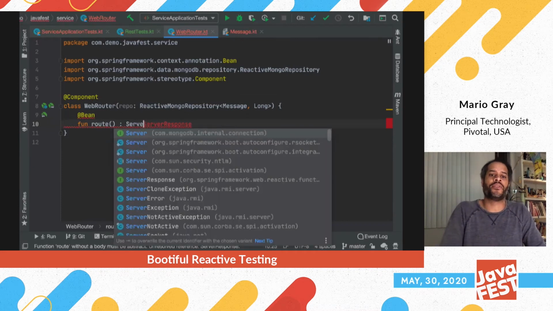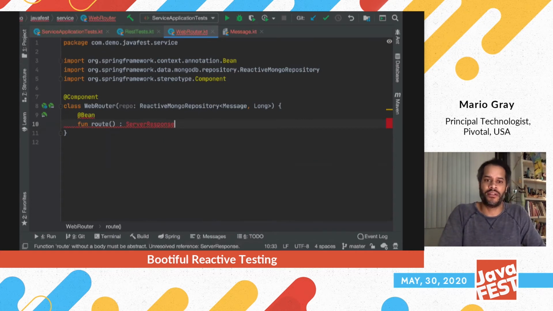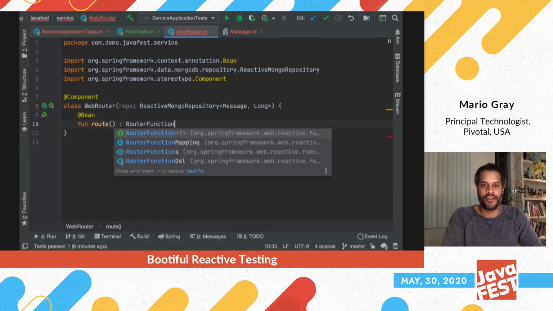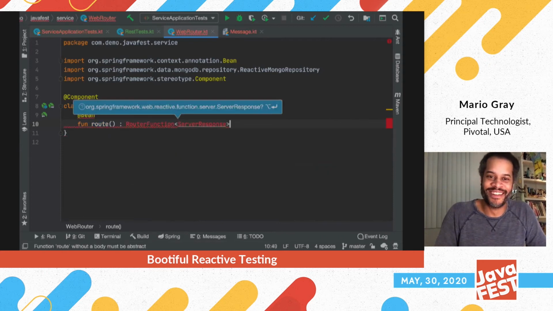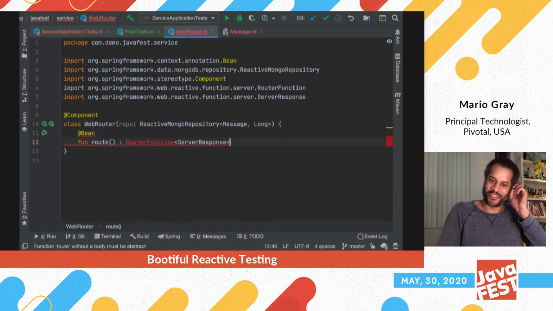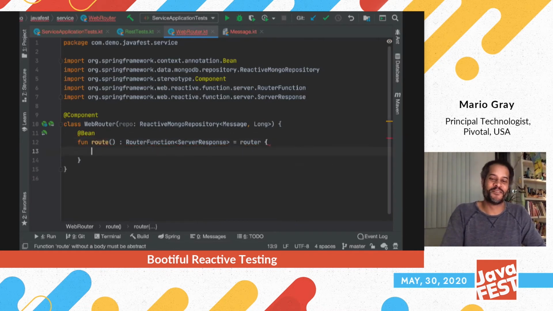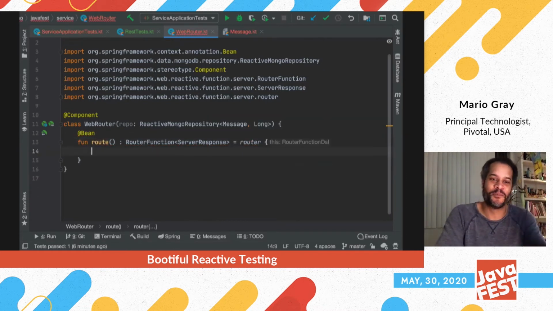Yeah, it's going to be your server response of, something of a server response. Router function. Well, that was weird. Okay, so what we want here is a router function of the server response, and I'll show you what that means in a second. So this function is a router function, and what it does is